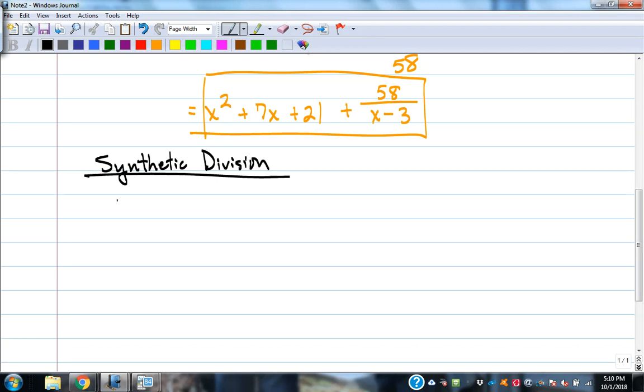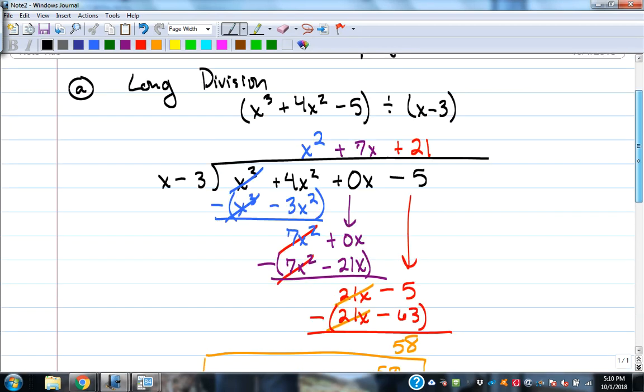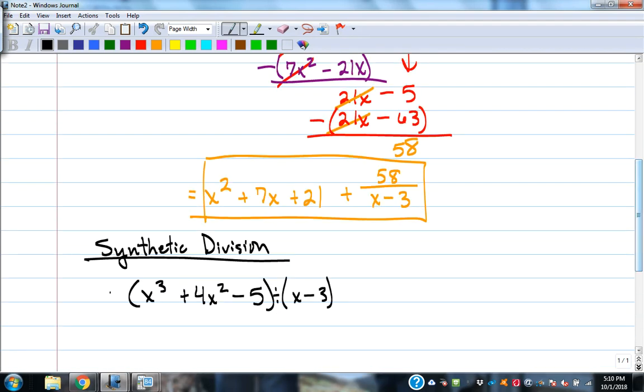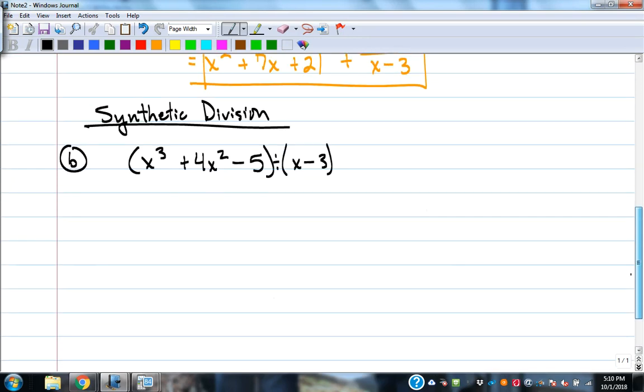With synthetic division, you always start with the same thing, f of x. Let's say we're dividing x to the third plus 4x squared minus 5 divided by x minus 3, right? That's all the same. All right. With synthetic division,